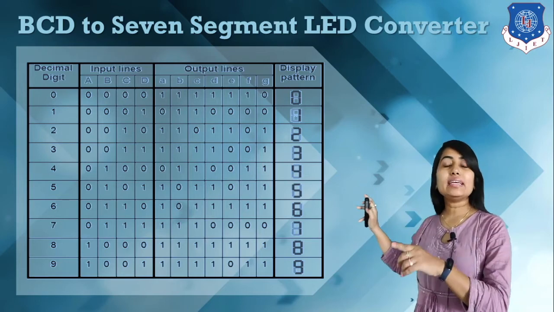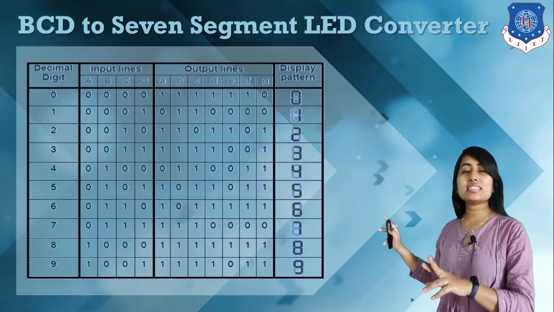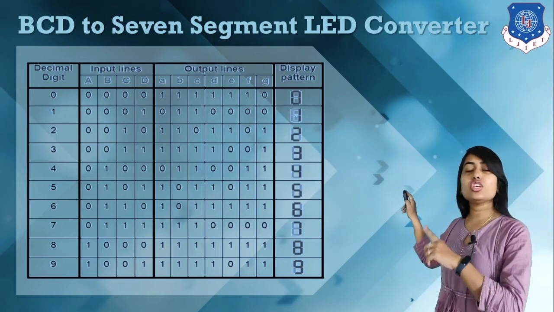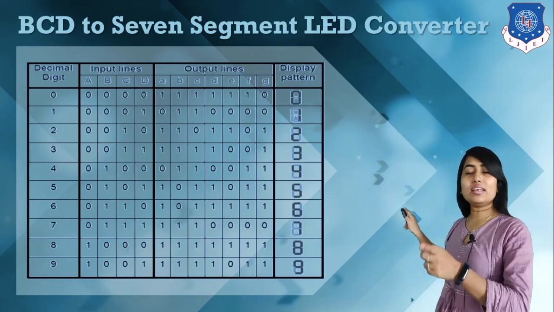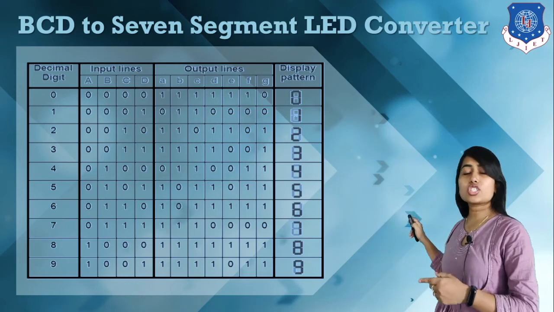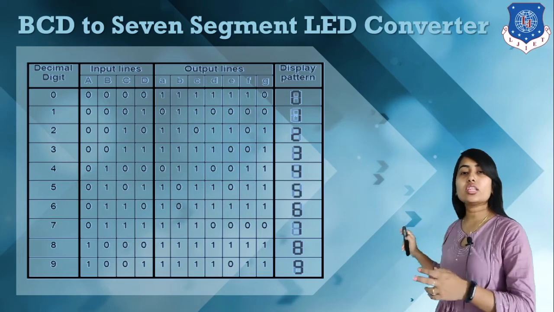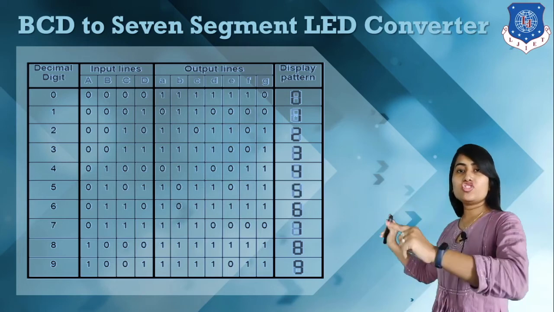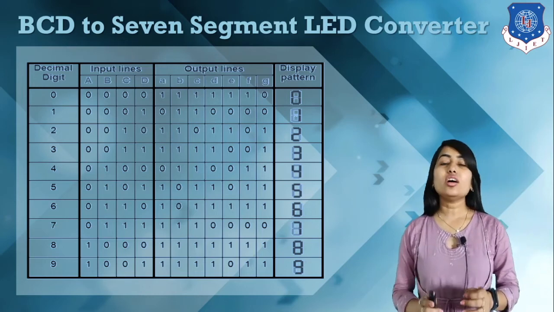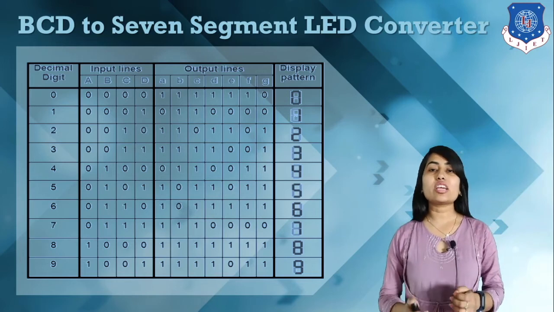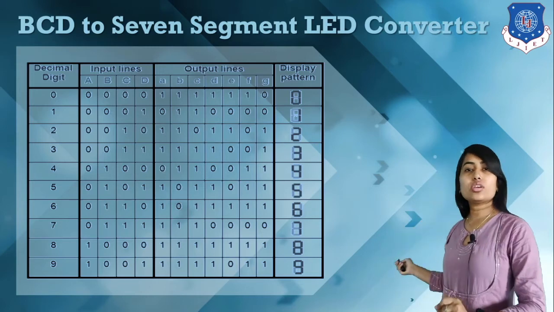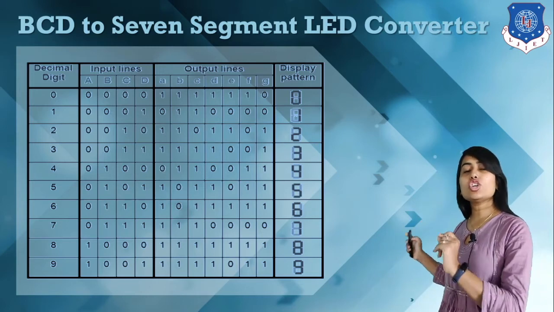So for a BCD 0, it is necessary that our G LED is off and all other LEDs are on. So G is equal to 0 and all other LEDs are on, and we have a pattern like this. For 1 we have B and C equal to 1 and the others 0, so we have this kind of structure. Then for 2 we have B, then G, and these lines are equal to 1. This is how we write 1 or 0 according to the 7 segment LED structures. For 8 all LEDs are on, so A, B, C, D, E, F, G are all equal to 1.